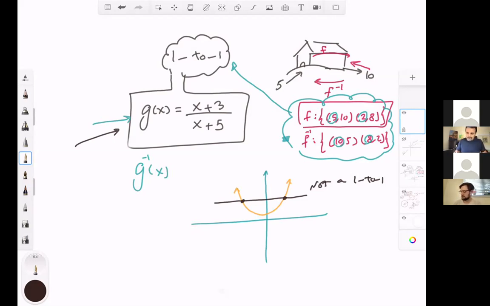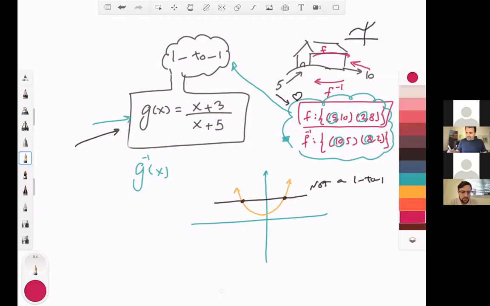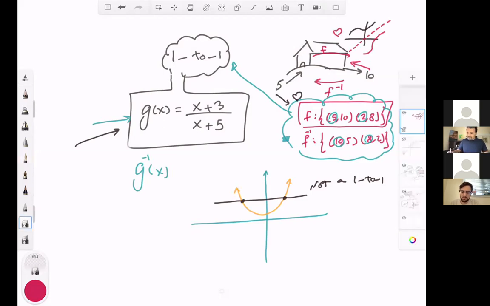So for the set of points, we know how to do it. If I give you any graph, for example, like this, if you want to find the inverse of this, you make a line and you mirror it to that one. This will be the inverse. This is okay, there's no algebra, you can do it. But what about if I give you